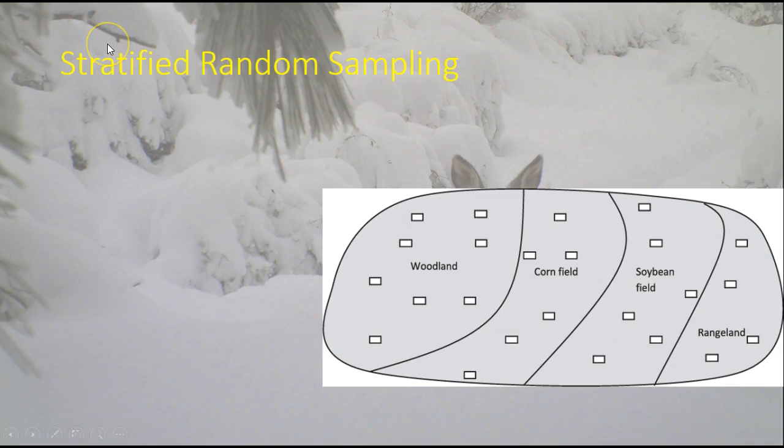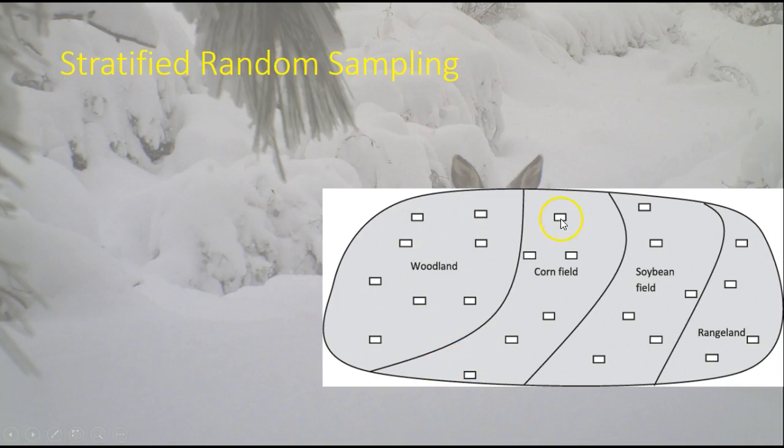And then we have what's called a stratified random sample. This is an important tool to use when your area is not uniform, and so you may end up having maybe, like in this example, more area of woodland than rangeland. And so if you just randomly sample here, just by chance, you might avoid having any of your samples in the rangeland. And so we're going to stratify and say, okay, we're going to take a certain number of samples